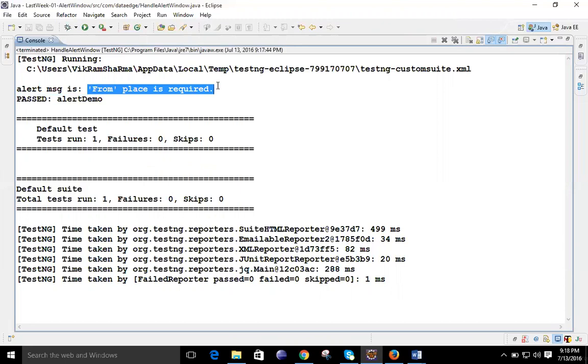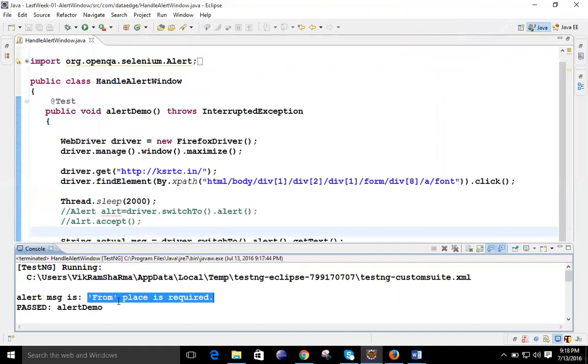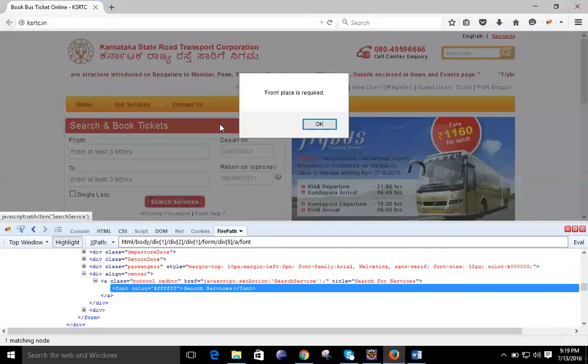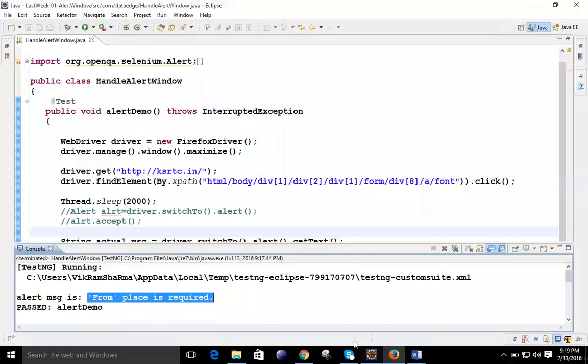If you don't want to make use of this method, you can directly use alert.accept. But if you want the message, to check whether it has been captured successfully or not, that is the same.